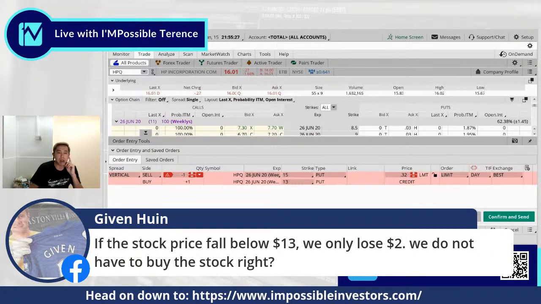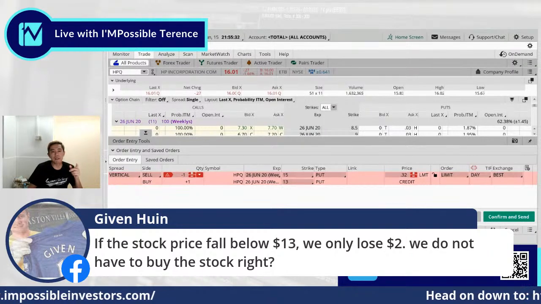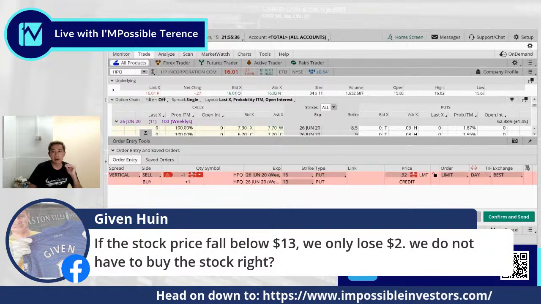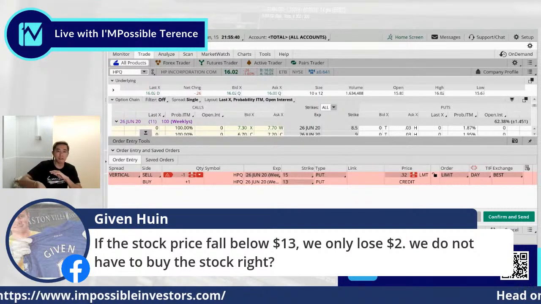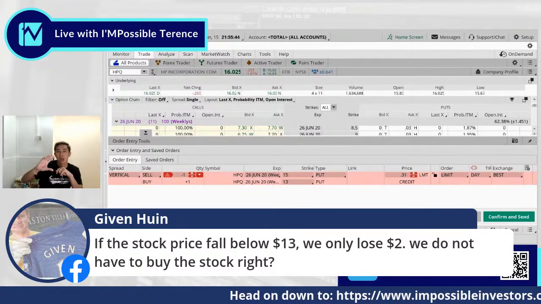We do not have to buy the stock. Yes, Javon. The risk of assignment only happens when the stock lands in the middle, in the middle of both strike prices. When it starts to fall below both options, do understand the options exchange has a rule which says all options that